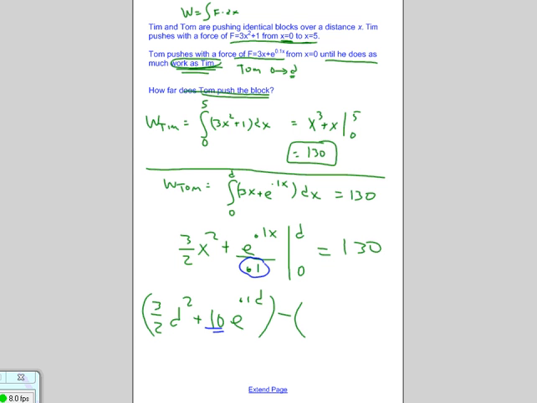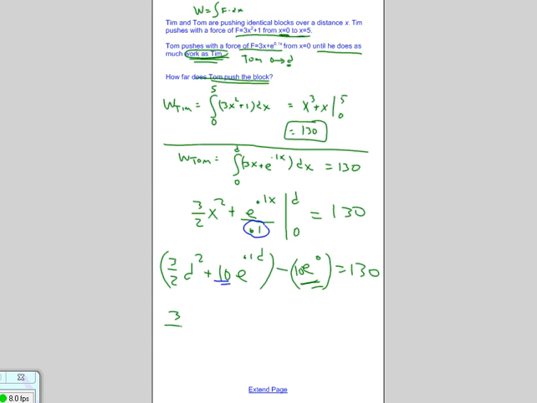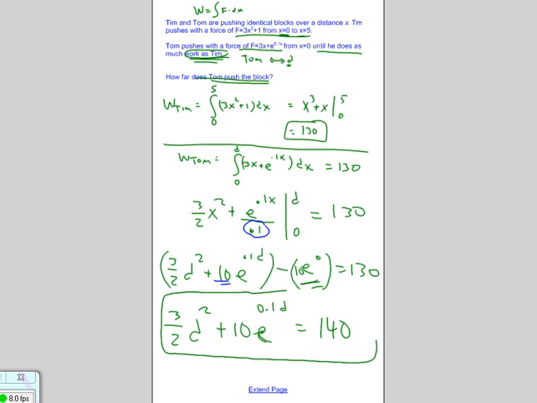Minus, and then plugging 0 in, we get e to the 0, 10, which equals 130. Well, this value here is just 10, so we're left with 3/2 d squared plus 10 e to the 0.1d equals 140. And I'm going to stop it right there, because at this point we can't solve that by hand,